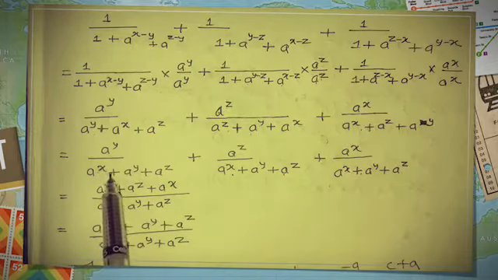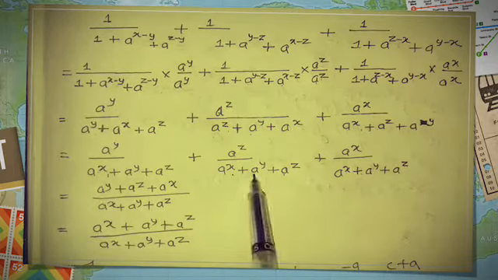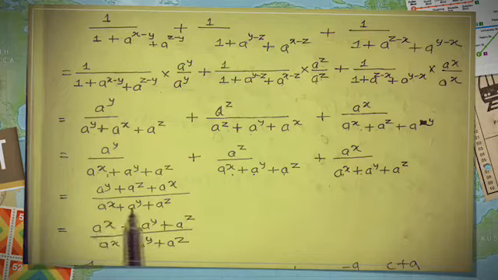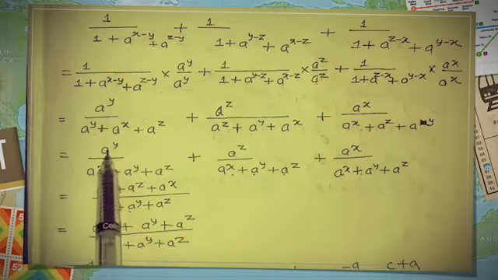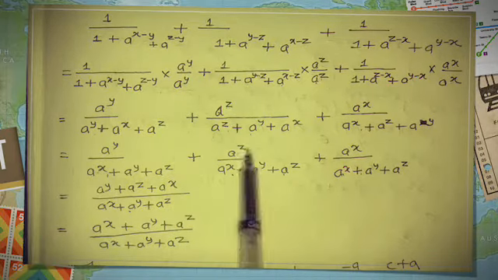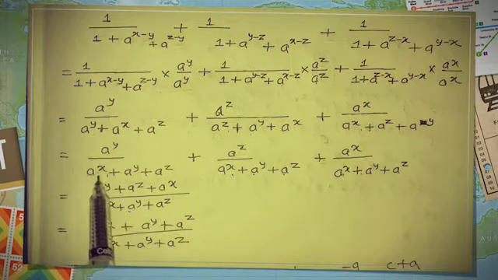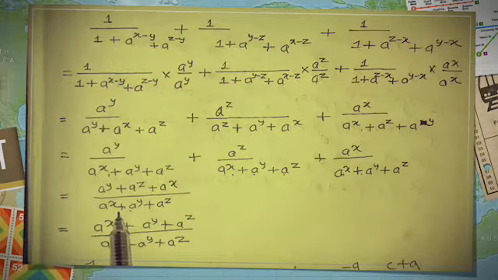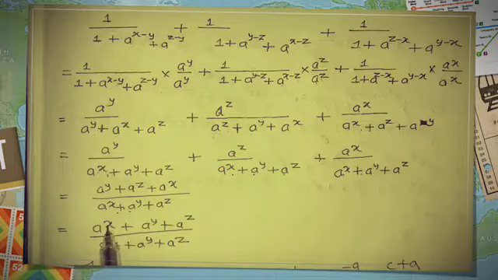Look at here, if the denominator is the same, then calculation becomes easy like this. The numerators can be added and we write just one denominator. Now here also we arrange, then we get here a^x and a^y, a^z. So this same by same becomes 1.